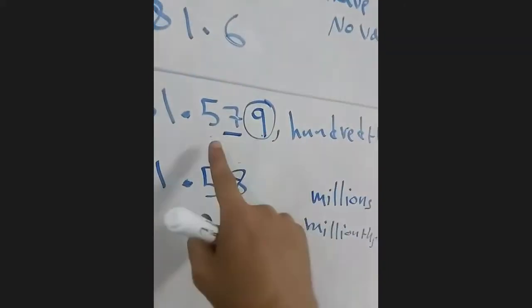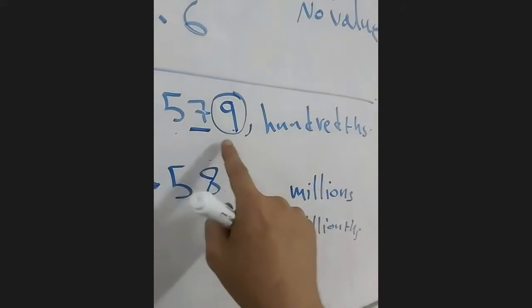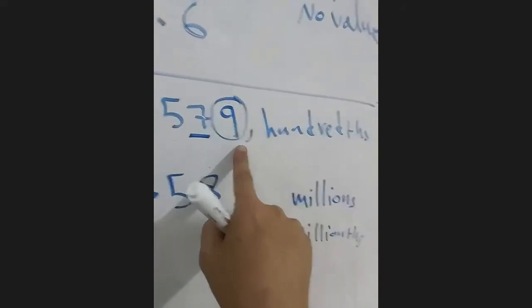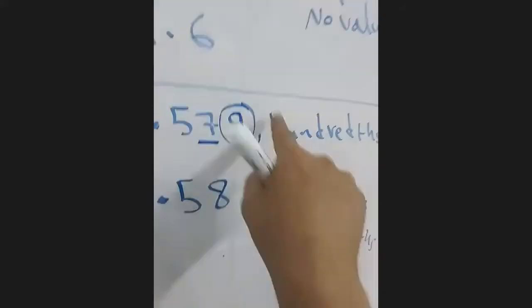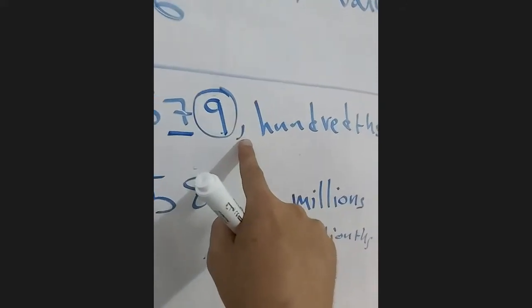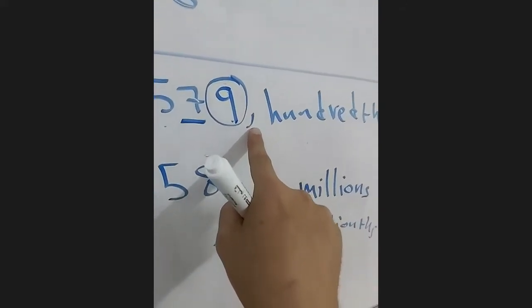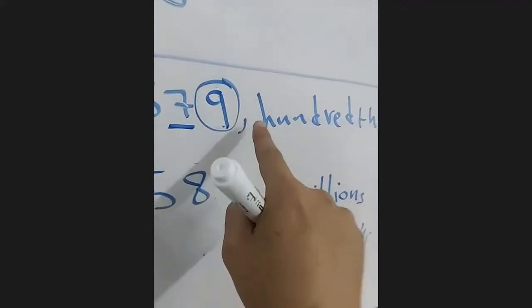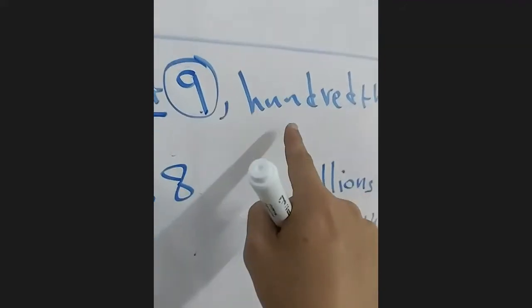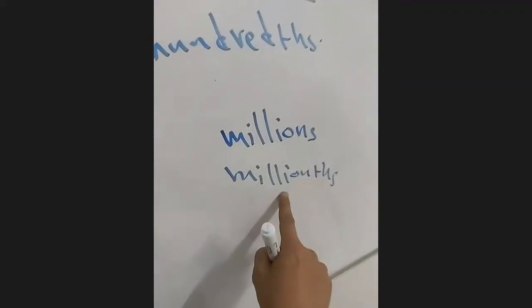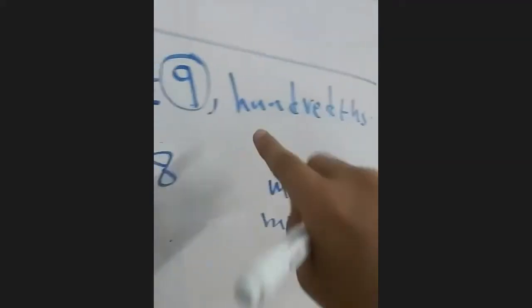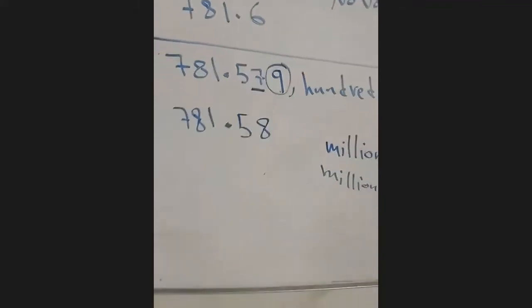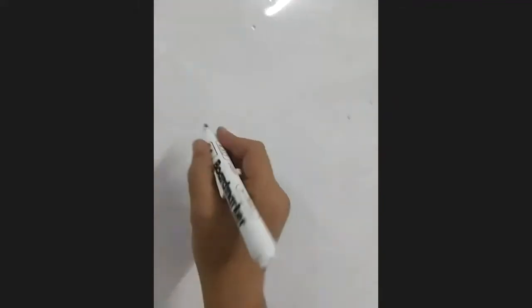Here we have hundredths, right? The last one is thousandths, right? After it, what will it be? Ten thousandths, hundred thousandths, then millionths, then ten millionths, as much as we can. But if we have a decimal like this,